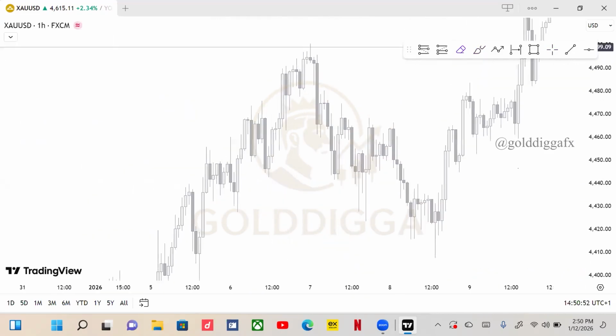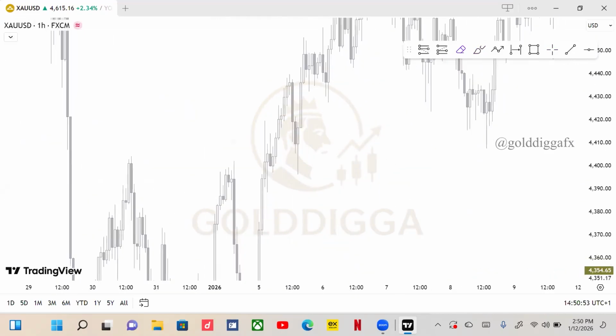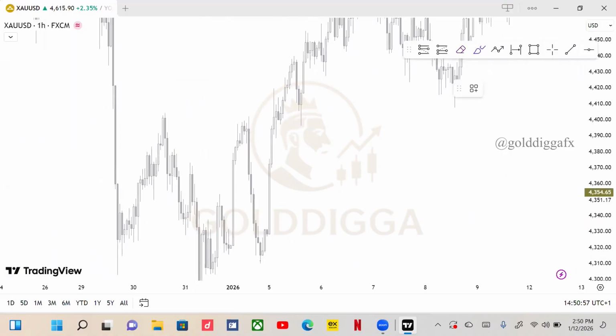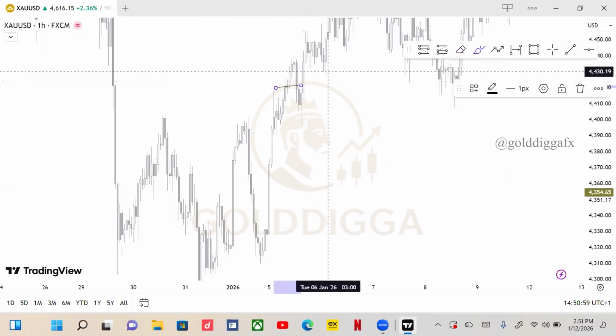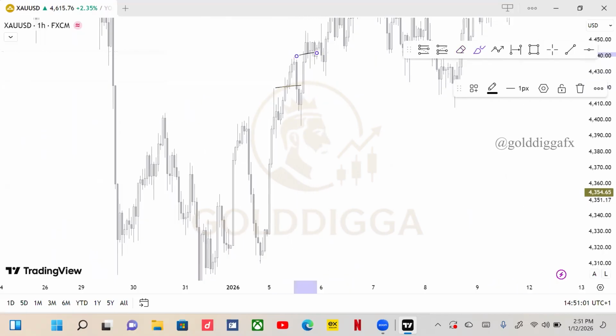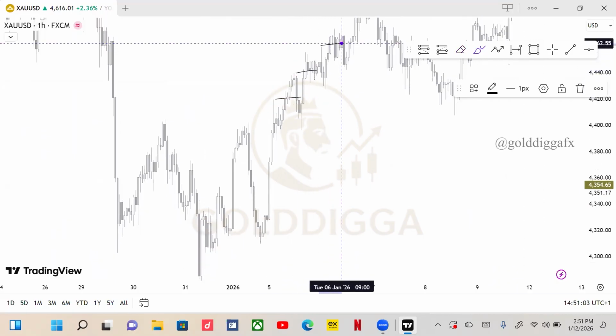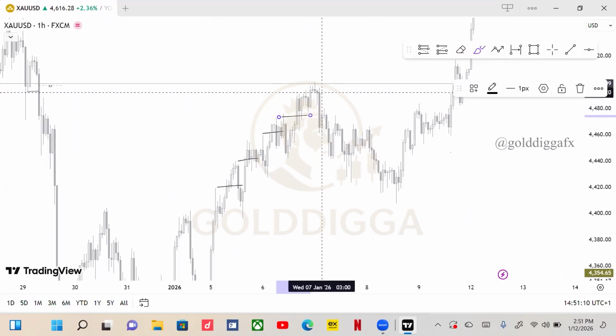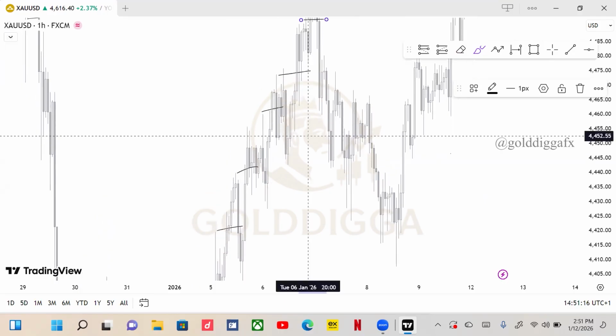And this is the break of structure, price breaking structure in the same direction, right? So this is a break of structure, followed by this break of structure, this break of structure, break of structure, break of structure. So as you can see, the candle body